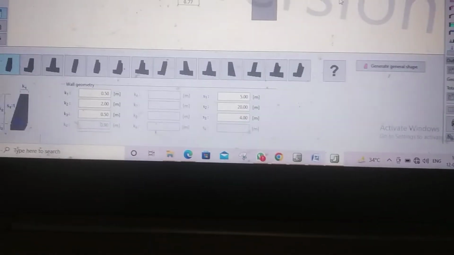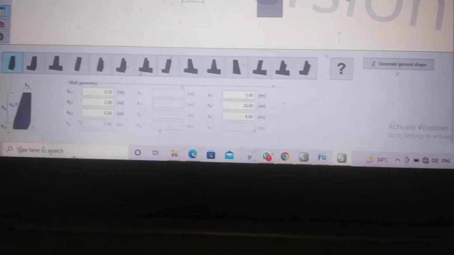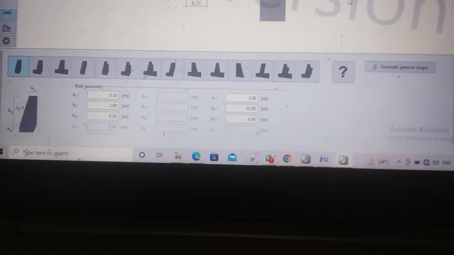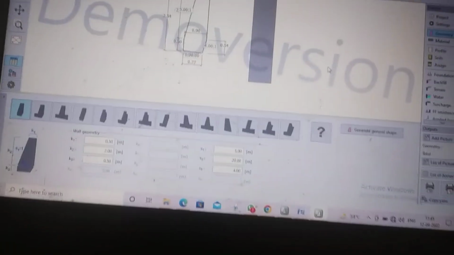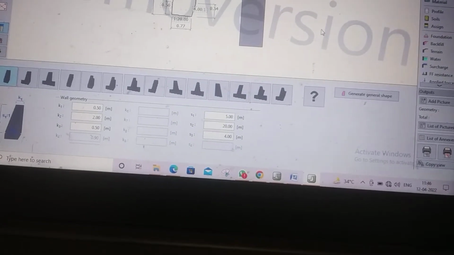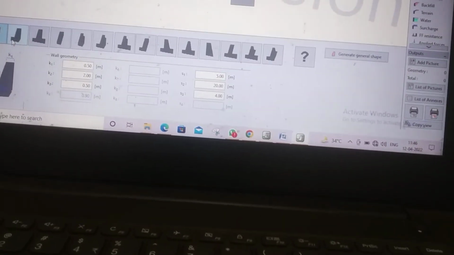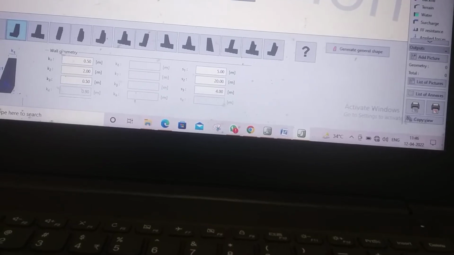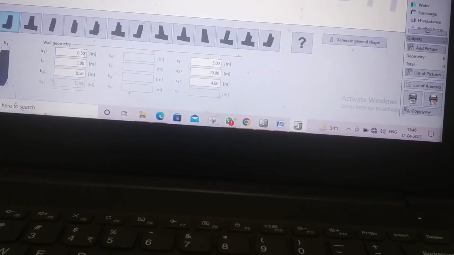First of all we have to consider the shape of the gravity retaining wall. So we are going with this shape, and we have to put in these values.